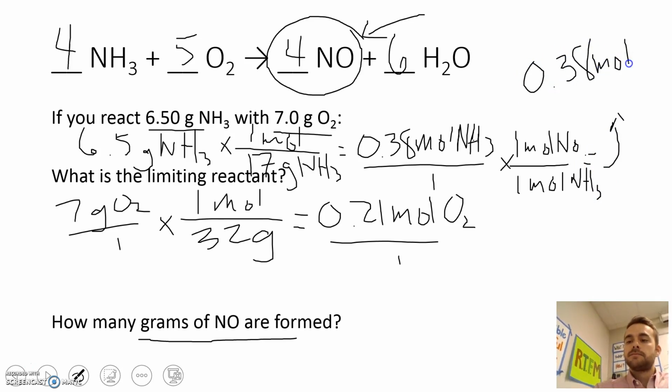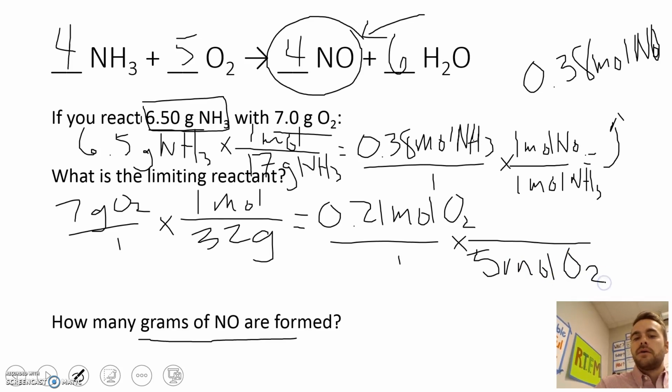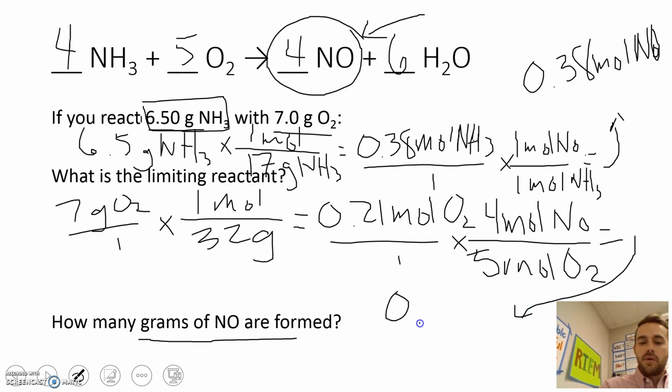0.38 mole of NO is how much we can get from our 6.5 grams of NH3. So now we need to see, does our oxygen give us less or does it give us more? That will dictate whether or not it's the limiting reactant. So if we look, our ratio of oxygen to nitrogen monoxide is 5 mole of O2 for every 4 mole of NO. If we do that math, that's going to end up with us having